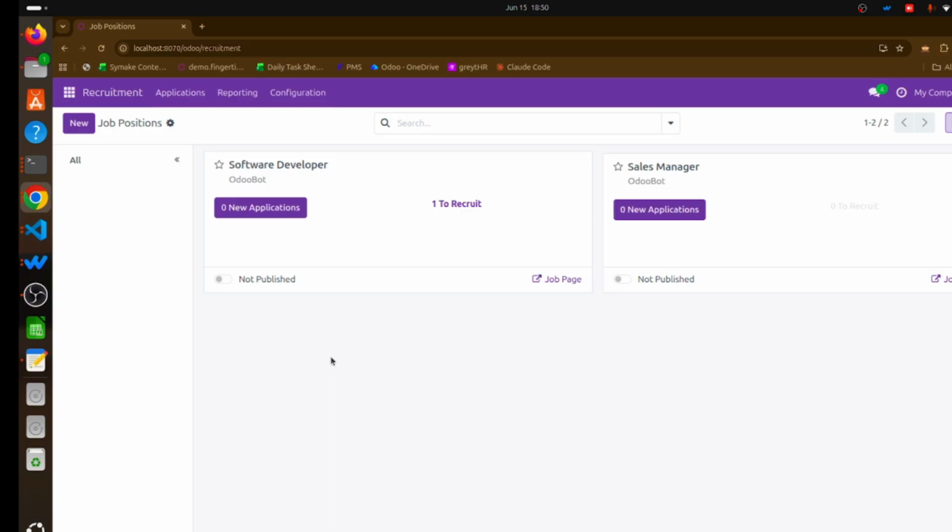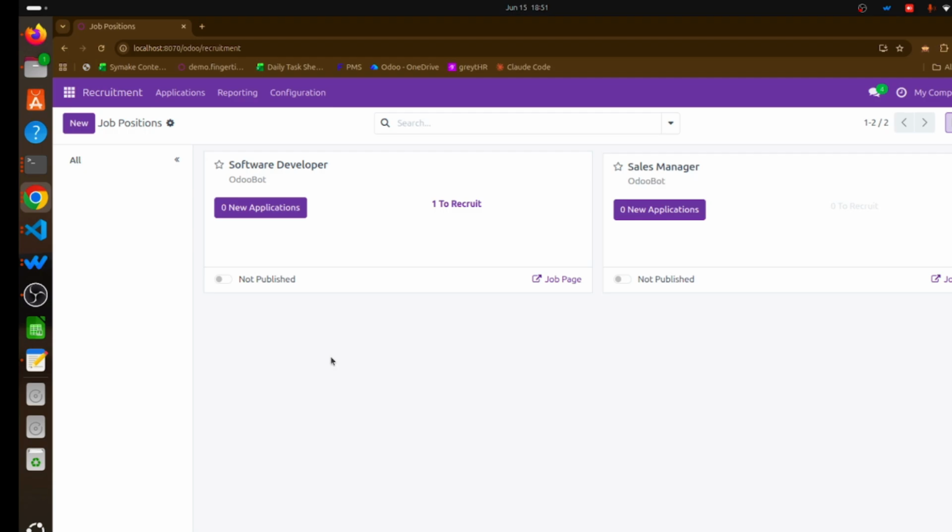When a company has a job opening, recruiters can create a job position in Odoo by providing details such as a job title, department, location, and job description. These vacancies can then be published on a company website, enabling candidates to apply directly online. Once applications are received, all candidates' information is stored centrally within the system. This helps recruiters easily access applicant details without searching through multiple emails or files. Every candidate can be tracked throughout the recruitment journey.